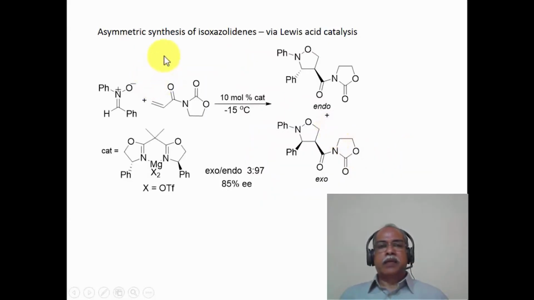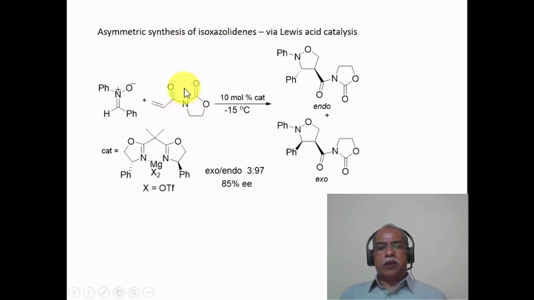In this case, the asymmetric synthesis of isoxazolidine via Lewis acid catalysis was illustrated. The nitrone derivative undergoes cycloaddition reaction with this particular olefin, and 10 mole % of this magnesium complex is used as a chiral Lewis acid, for example. The magnesium triflate, which is coordinated to this bis-oxazoline ring system, which is a chiral ligand, produces a chiral Lewis acid. The chiral Lewis acid in turn coordinates or chelates with these two oxygens, producing a chiral derivative of the dipolarophile,